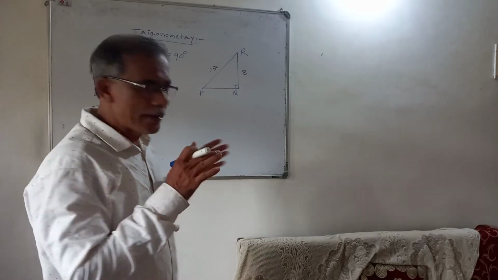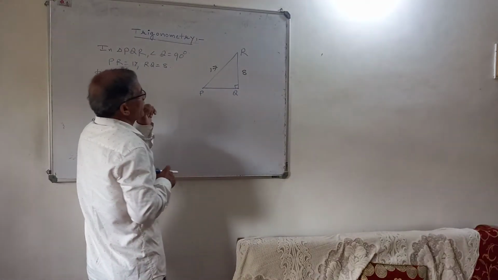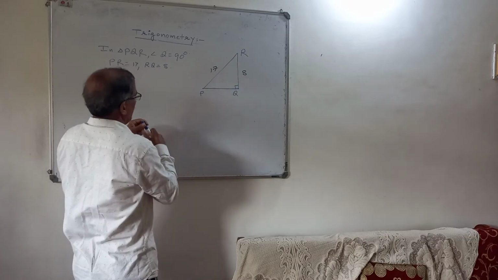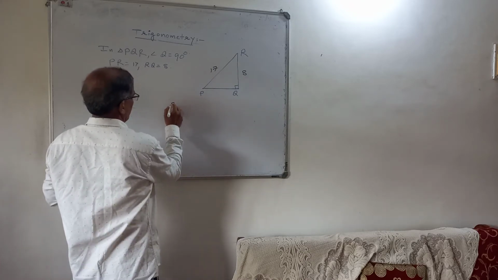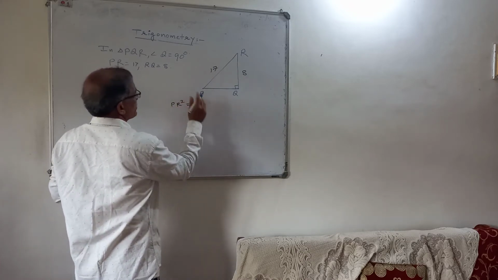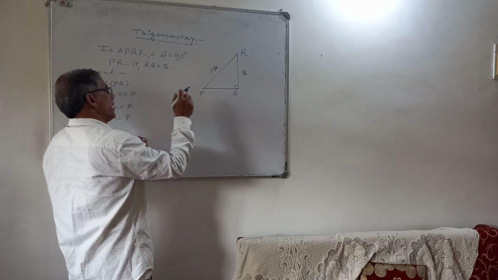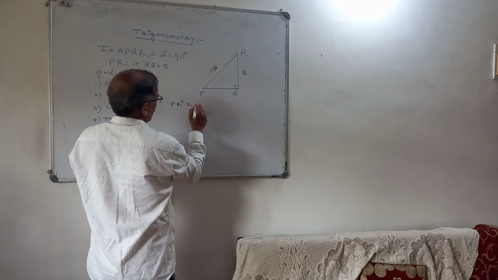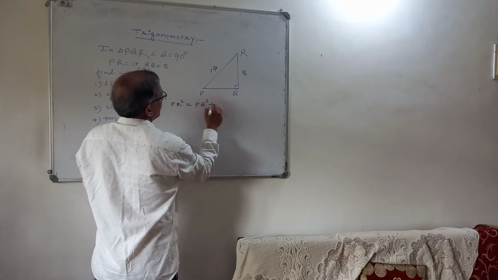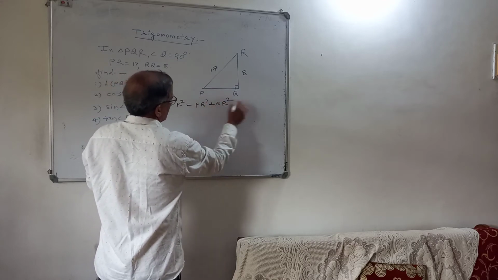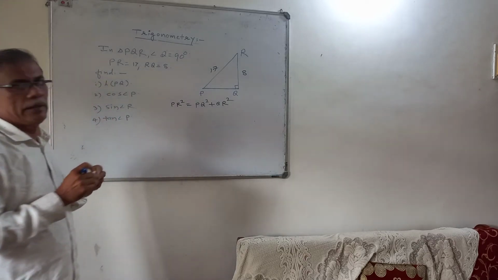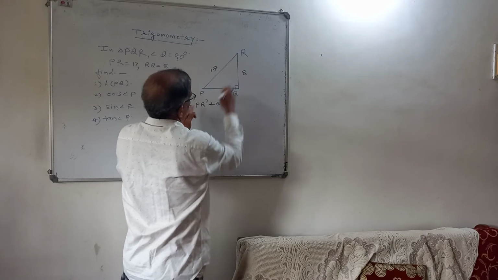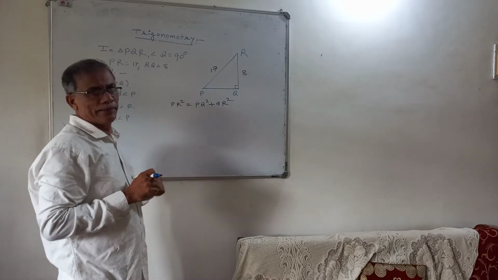So which is the hypotenuse here? Hypotenuse square is equal to, for the side opposite the right angle, side PR. So PR square, hypotenuse square on one side, and the sum of the squares of the remaining two sides, means the sides containing the right angle. Which are the remaining two sides? PQ square plus QR square. That you should know. Always see which is the hypotenuse, write it on one side, then the remaining two sides on the other side, sum of their squares.